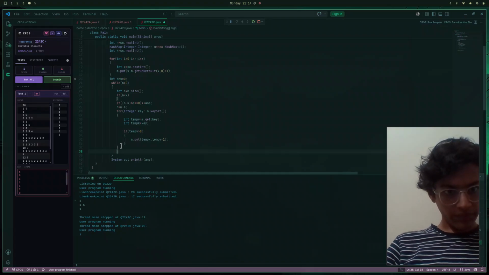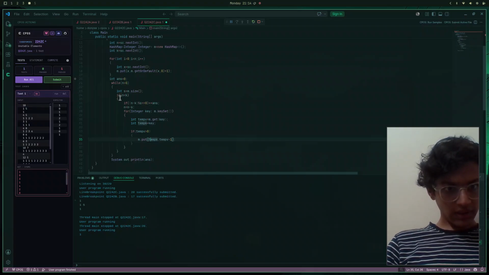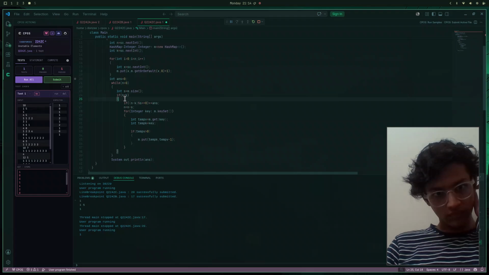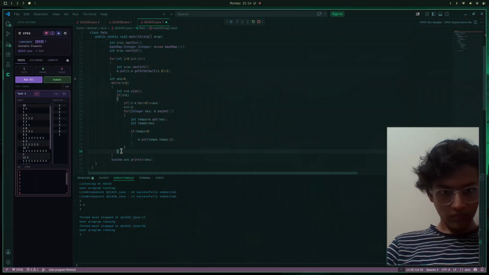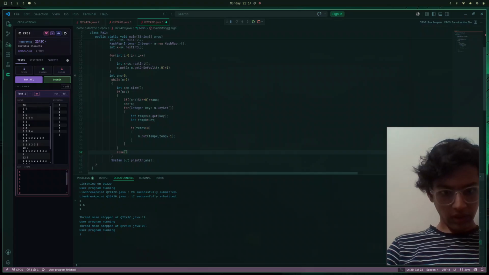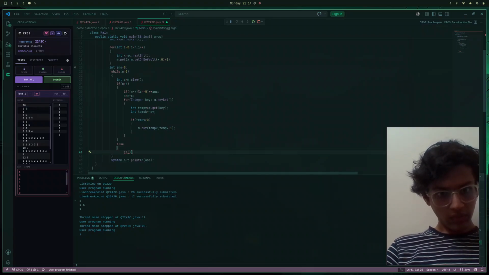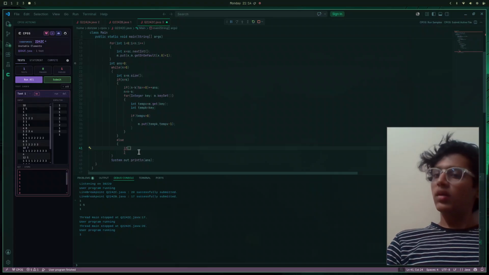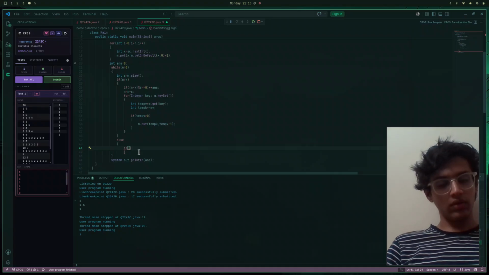If the current size is greater than k, else if, okay, now n is less than k, so we just need, okay, wait,